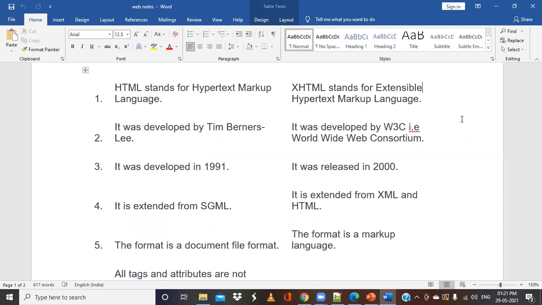When we talk about HTML, no doubt compared to the earlier one, it was good, but it has got some drawbacks. XHTML has very strict rules and guidelines to be followed when we are programming, or when we write the scripts. We need to write these scripts very properly, and we cannot make any small mistakes. But in case of HTML, if you make some smaller mistakes, or if the tags are not closed properly, HTML will ignore that, whereas XHTML will not support that.